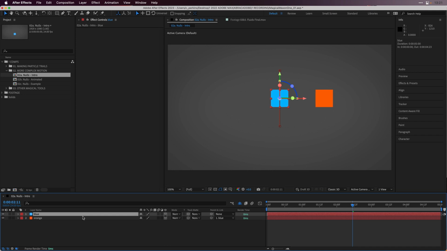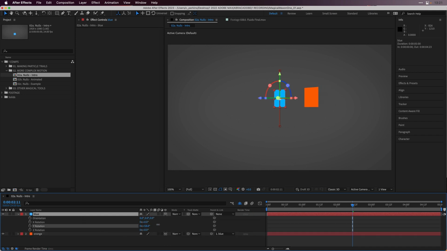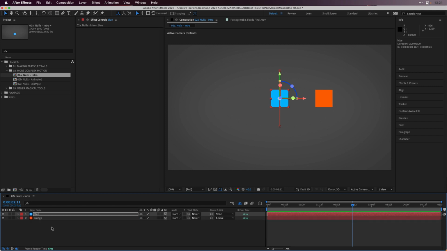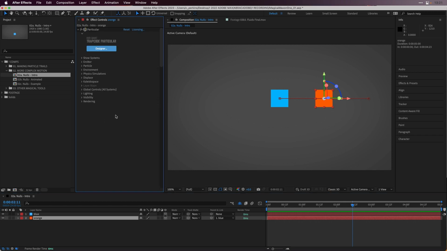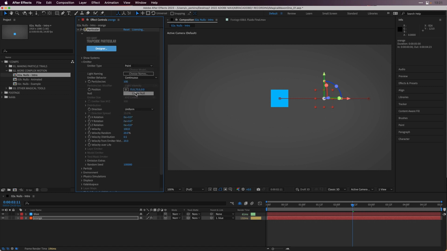And then as I adjust the rotation of the blue one, you see that the orange one kind of comes along for the ride. So as we're working with these tools, we can do some really advanced stuff, especially because as we apply Particular, I'll just apply Particular really quickly here. One of the things that we can do is go into the emitter and click on Create